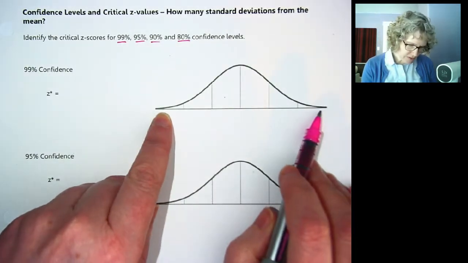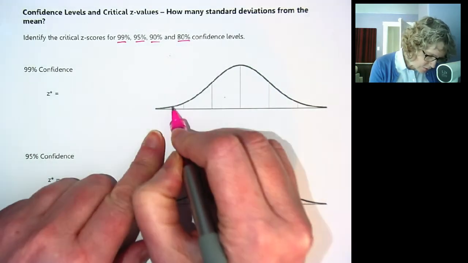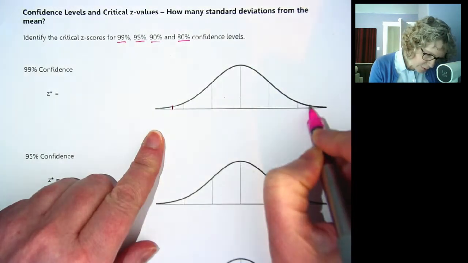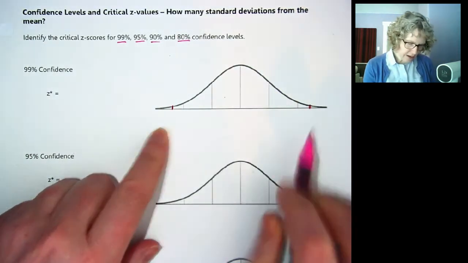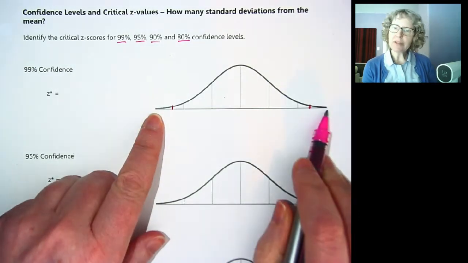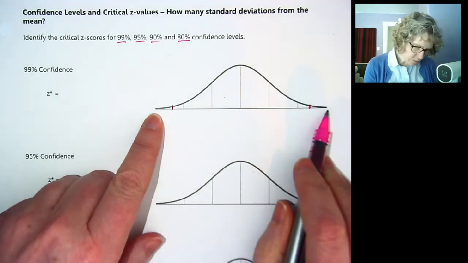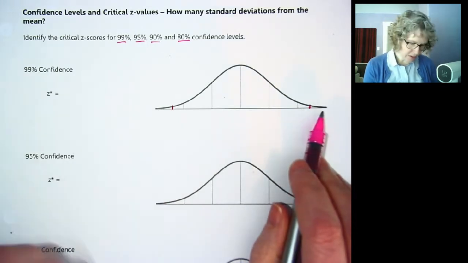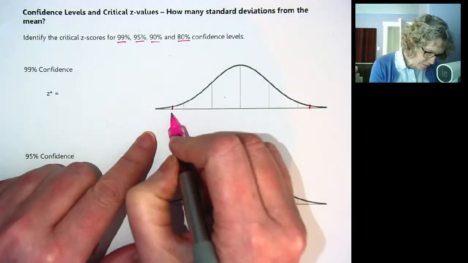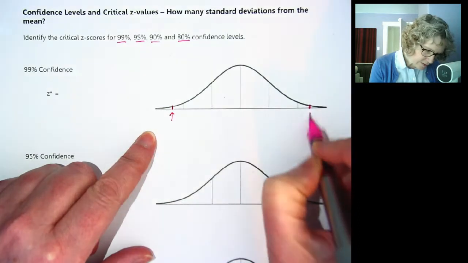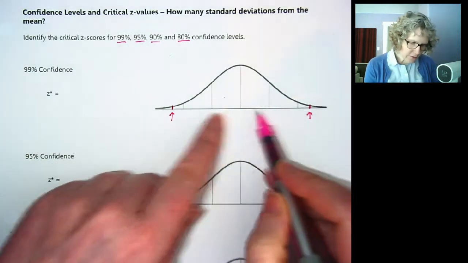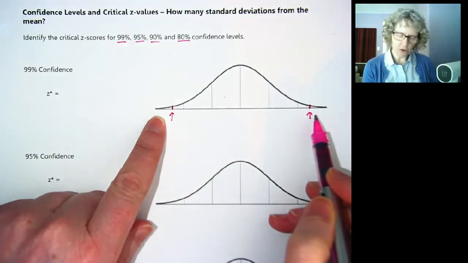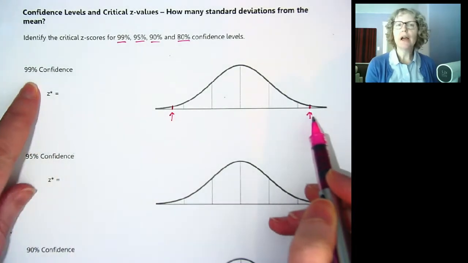So we are just inside of this 99.7. We'll figure out exactly where this falls when we find our Z score. So we're trying to find essentially how many standard deviations out do we need to go to capture 99% of